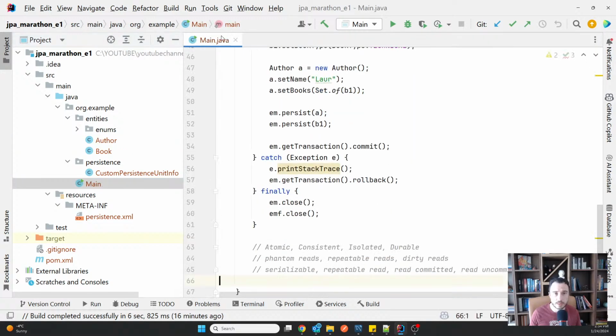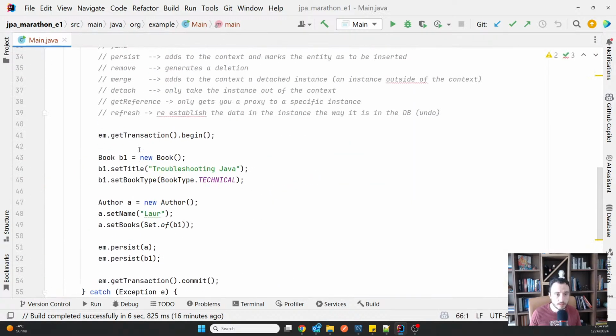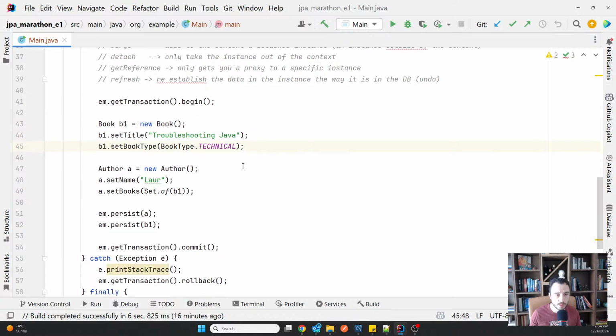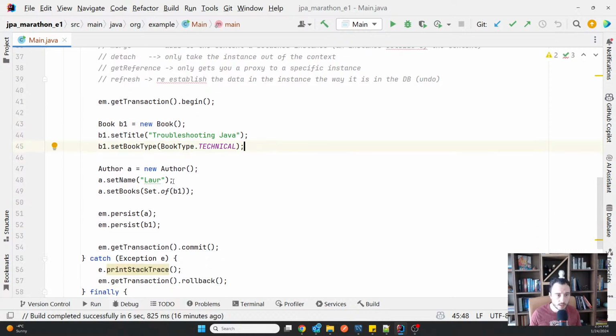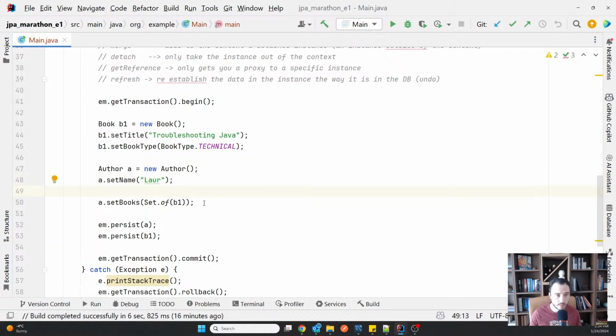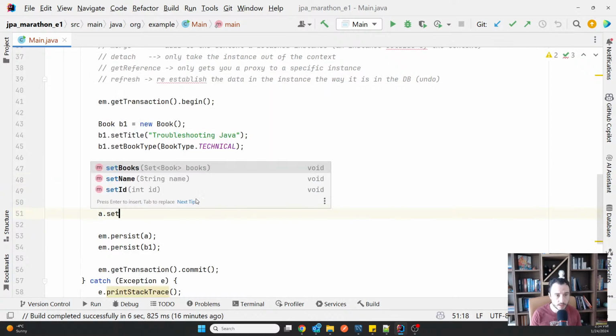So that means in main, I have a book, and in the book I set an author.